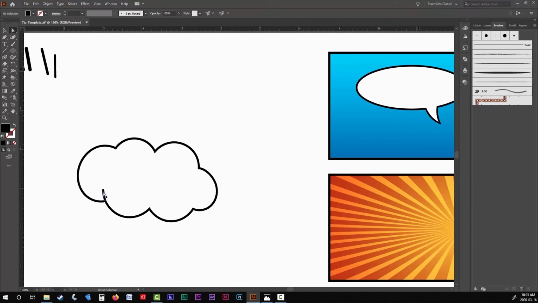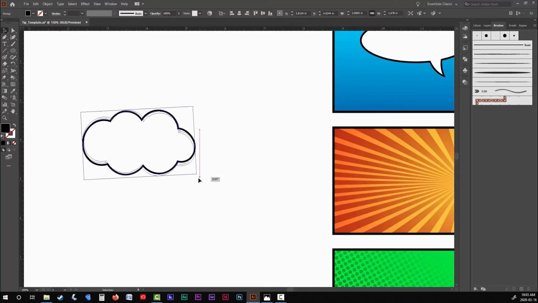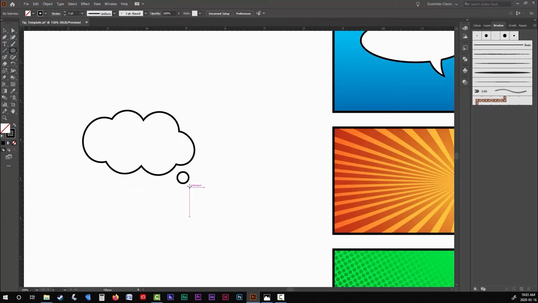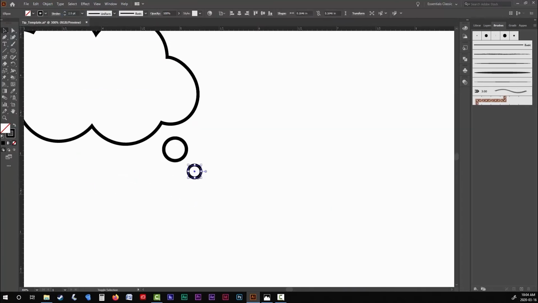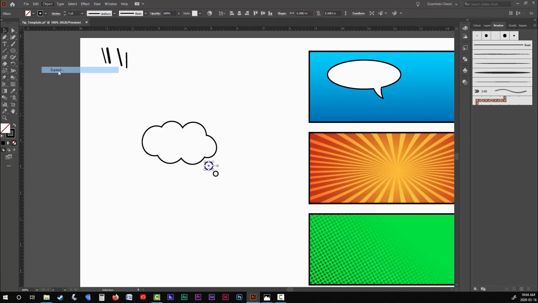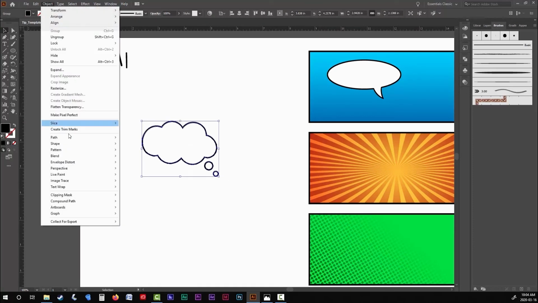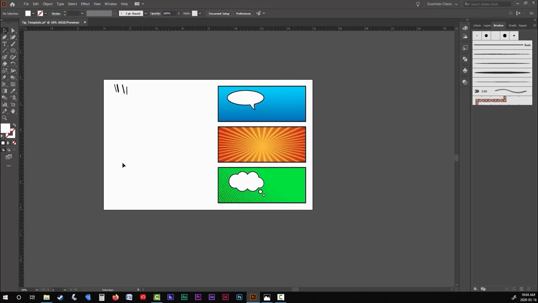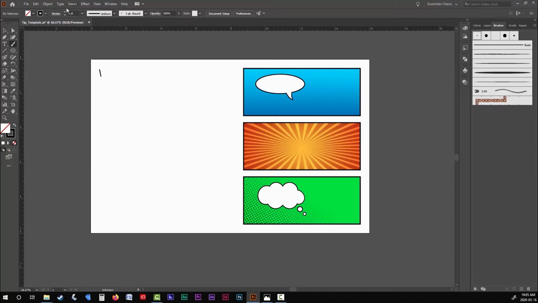Also, keep in mind that if you're creating shapes with the ellipse or rectangle tool, before you can manipulate those objects, you have to first expand them and turn them into fills instead of strokes, just like we did with the panels. You can do that by selecting your shape and then going up to Object and choosing Expand. And again, once you're done, you're going to have to bucket fill it with white. So just go through the same process you did with the speech bubble.